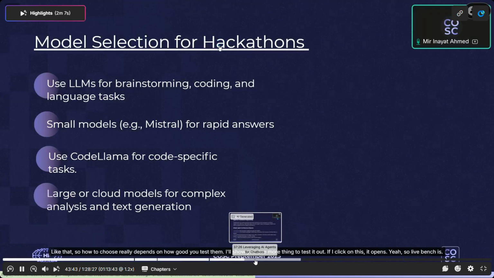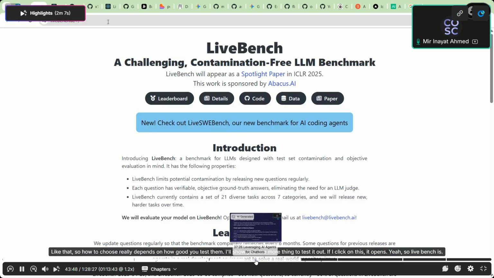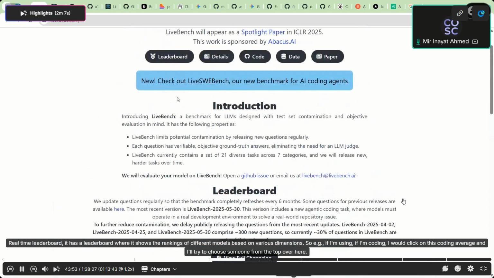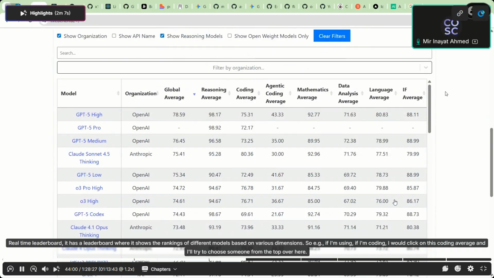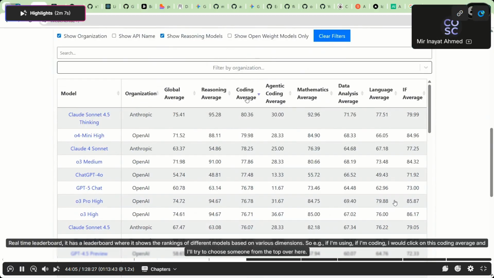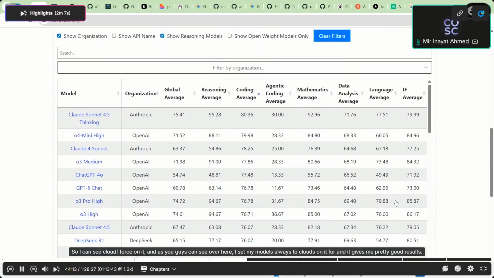One more thing to present. If I click on this, it opens. Yeah, so LiveBench is a real-time leaderboard. It shows the rankings of different models based on various dimensions. For example, if I'm coding, I would click on this coding average and try to choose someone from the top over here. So I can see Claude four on it. And as you guys can see over here,